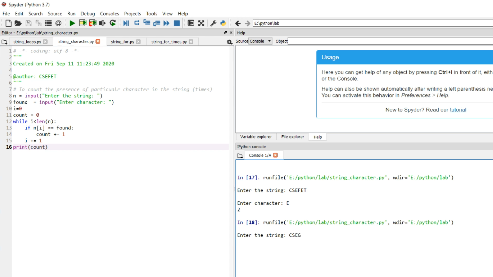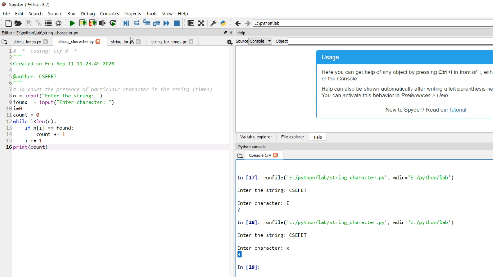I enter the string CSCFET, and in this case I enter a character X which is not there, so it will give the output 0 because the character is not there. So this is how we can use the loop and the string for different types of manipulations on strings.